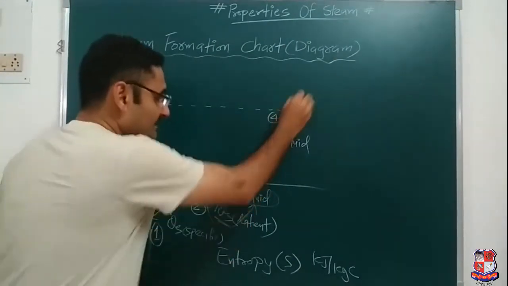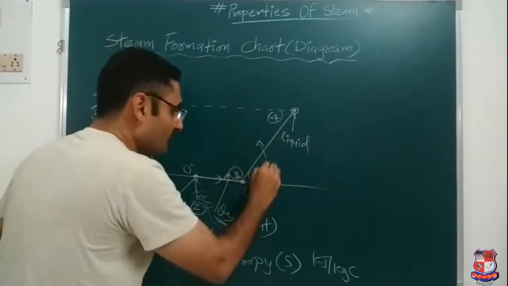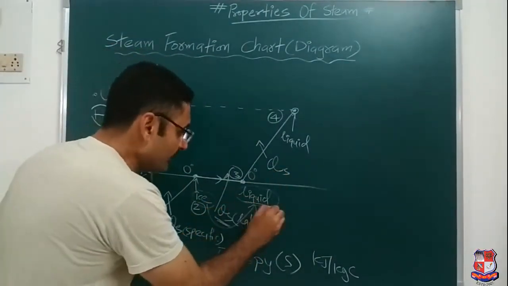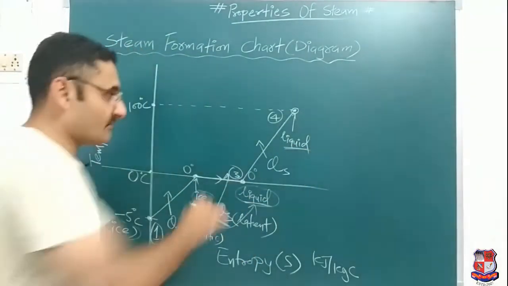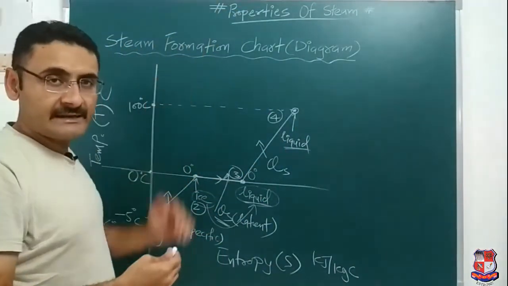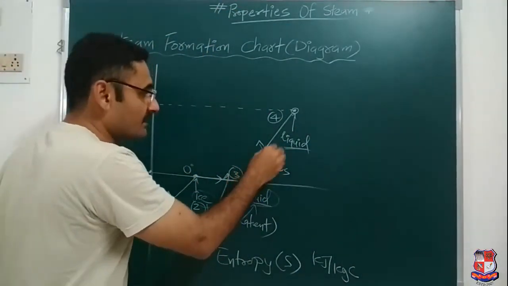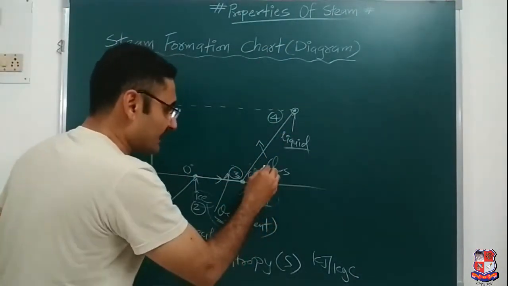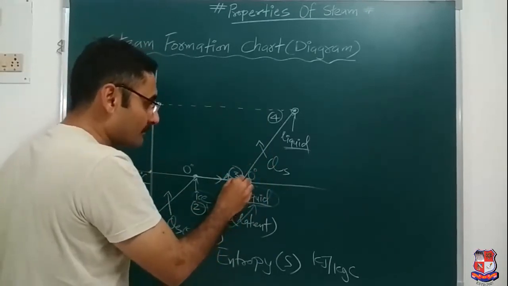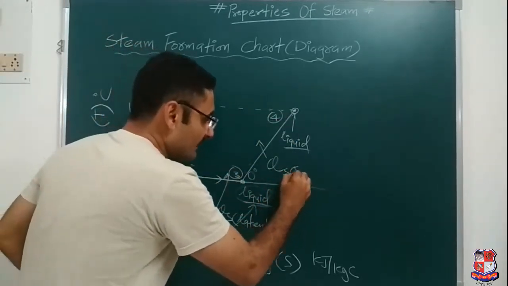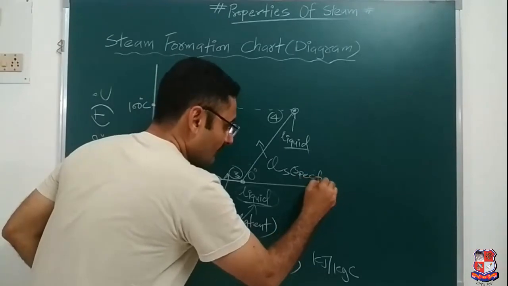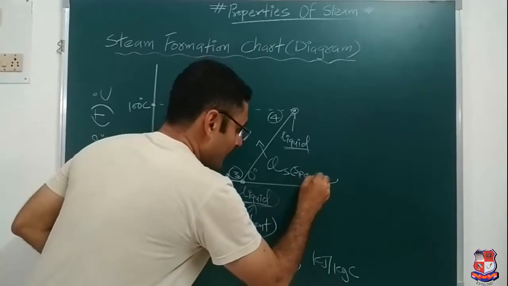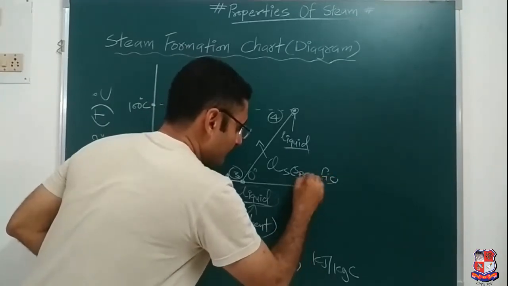So if you want to increase the temperature, between point 3 and 4 you have to supply some heat, and due to that heat supply, what happens? Liquid will remain liquid. That means the phase is not changed, only the temperature is increasing, 1 degree, 2 degree, 3 degree, up to 100 degree, but the phase is not changed. So whatever amount of heat you are supplying between point 3 and 4, that is your specific heat.